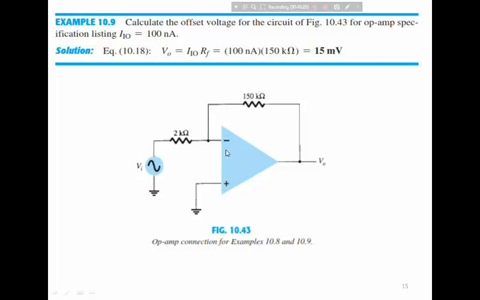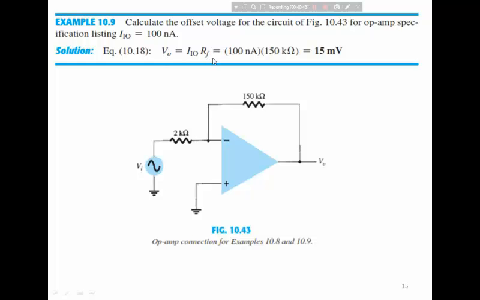So this input offset current is 100 nanoampere, and if the circuit is connected in negative feedback with the input equal to 0, then what will be the output due to the input offset current that you can compute using the